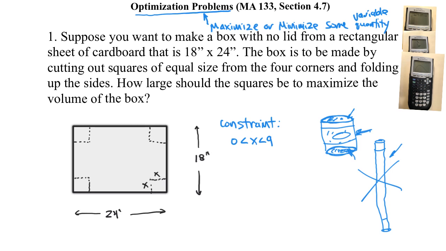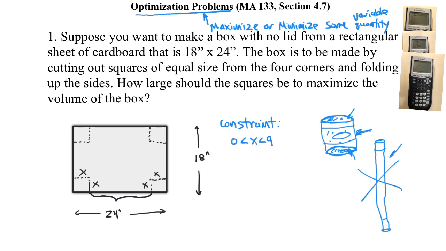So there's all kinds of constraints, and we're not going to have crazy constraints in these problems because these are basic problems, but there are a lot more constraints when you're done with calculus and you're working on real problems in design and engineering. But anyway, back to this problem here with the box. What we can do is think about, if this side is 24 inches, but we're cutting out this x by x inches, so what we would really have left right here,